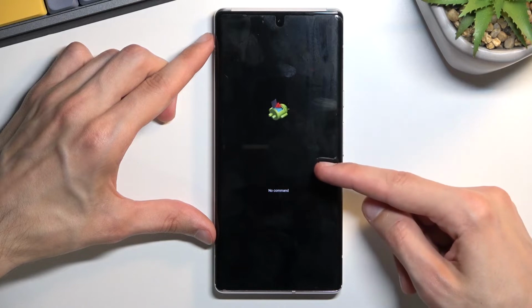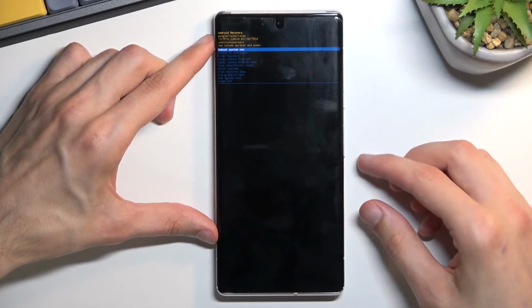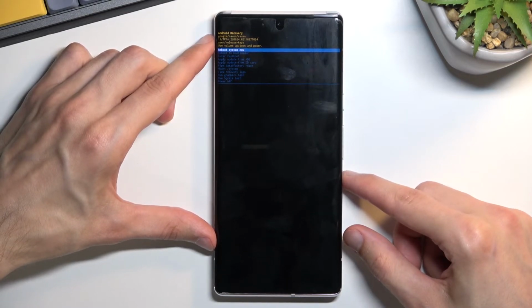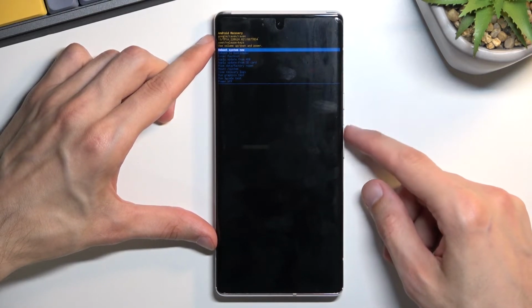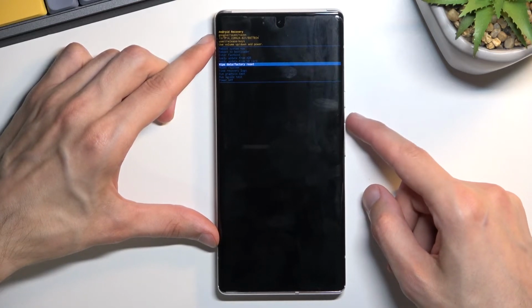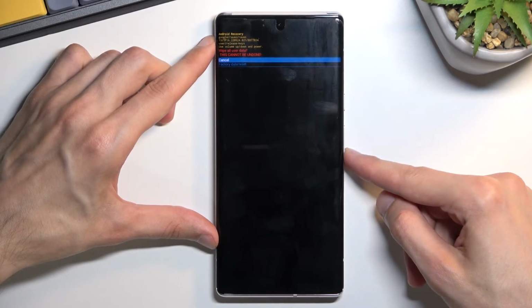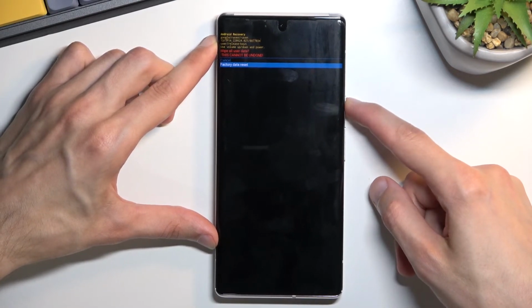Now you will also see the Android with no command, so hold power key and press volume up once, and this will then redirect you to the actual recovery mode. So again, using volume keys, you want to scroll down in order to select wipe data, factory reset, confirm it with power key, select factory data reset,